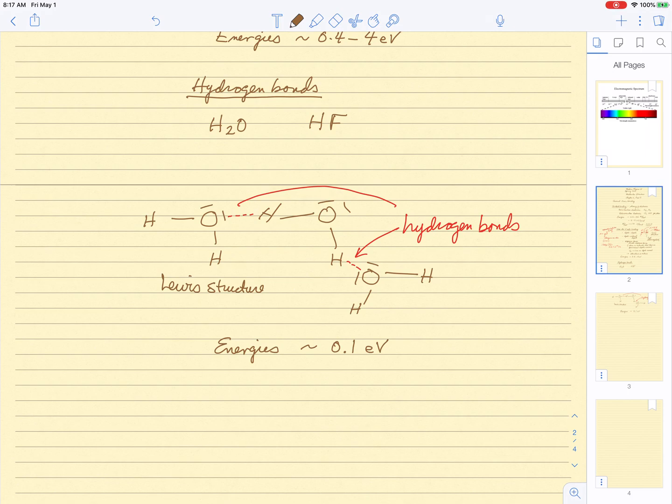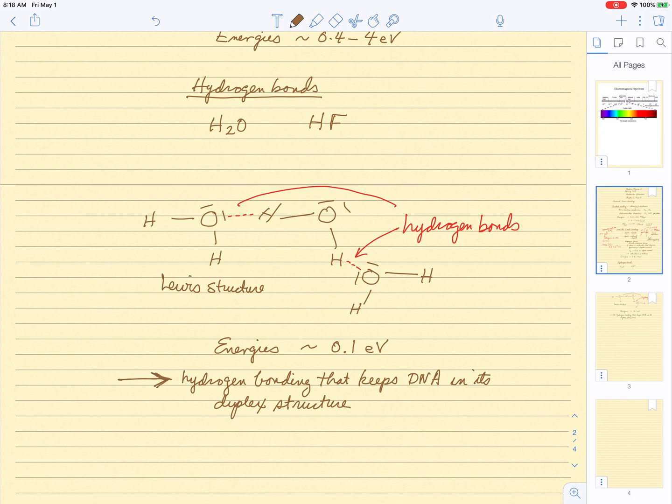I should point out that it's hydrogen bonding that keeps DNA in its duplex helical structure, and again,